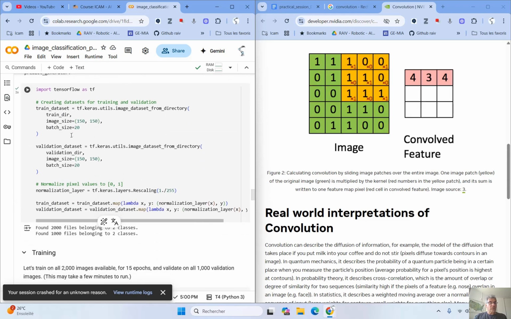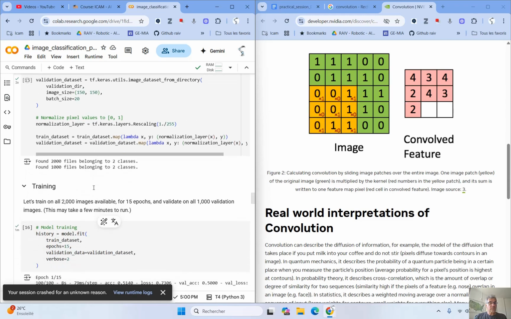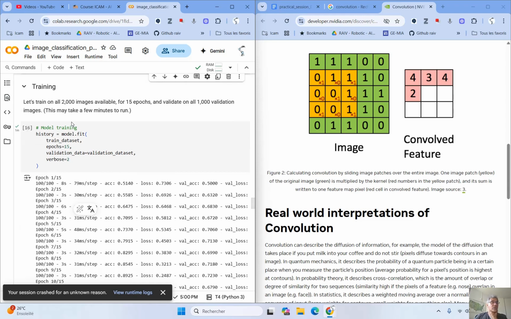Then here is a function to compute the training dataset and the validation dataset. And now we start the training of the model.